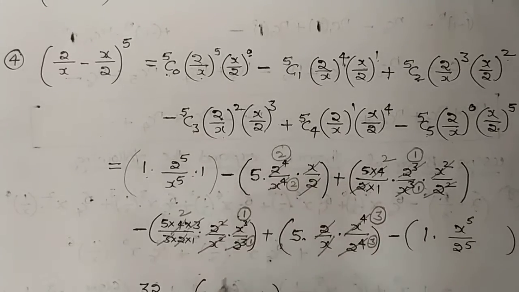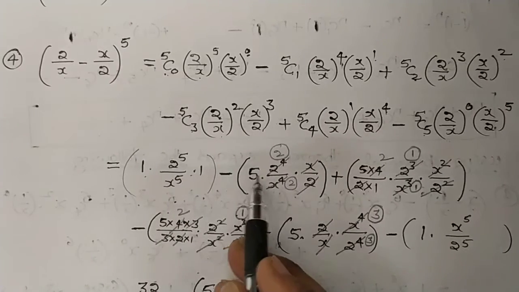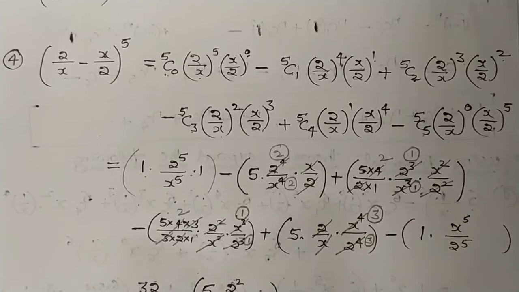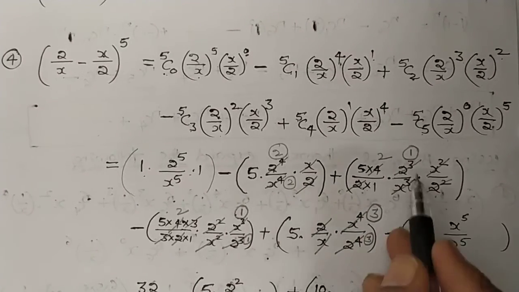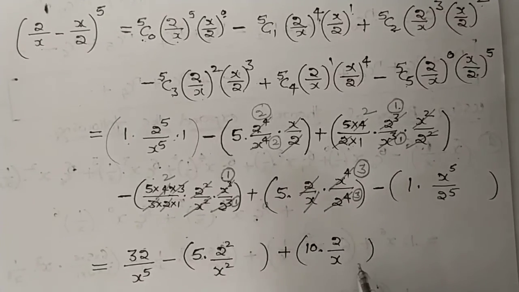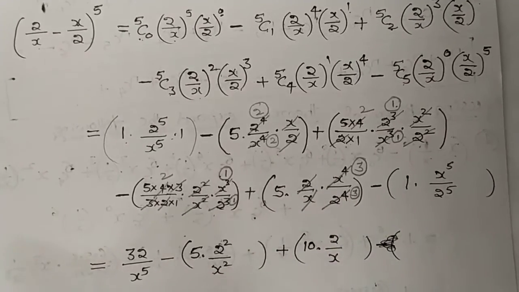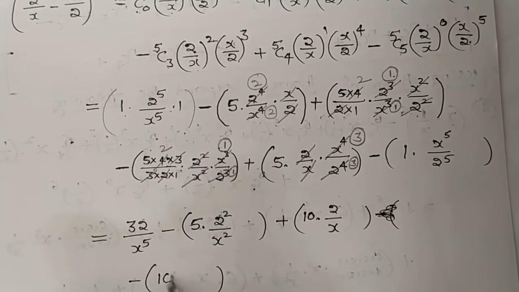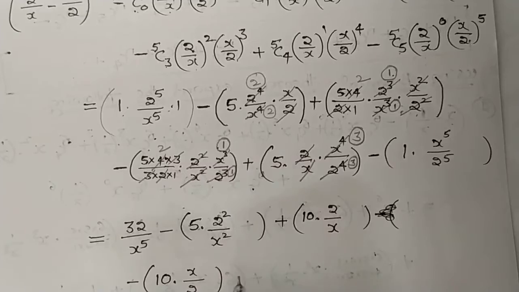If you get cancelled you can write one more step, 5 into 2 square, 5 into 2 square divided by, in the denominator x square will be there, x square plus next 5 into 2 is 10 into 1 2 will be there, 2 divided by 1 x will be there in the denominator, x in the denominator x will be there, minus, okay, here I am going to write minus 5 into 2 is 10 into one x will be there, x by 2, x divided by 2. Okay, 2 power 1 x divided by 2 plus